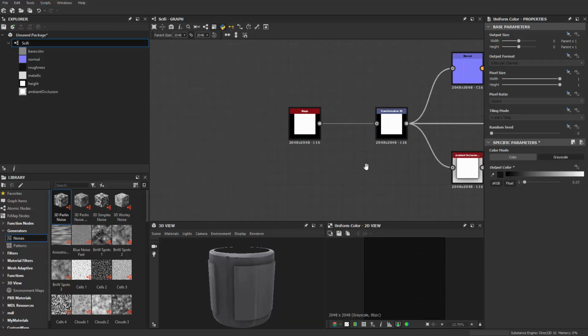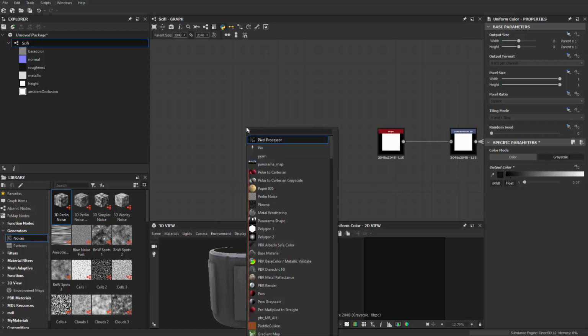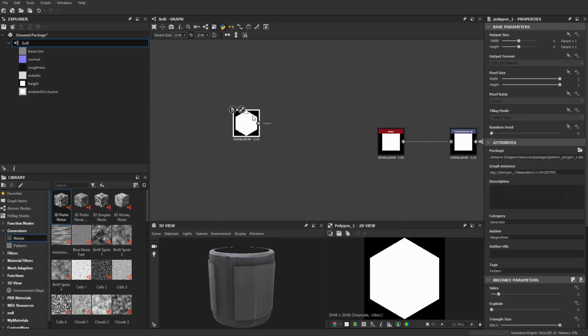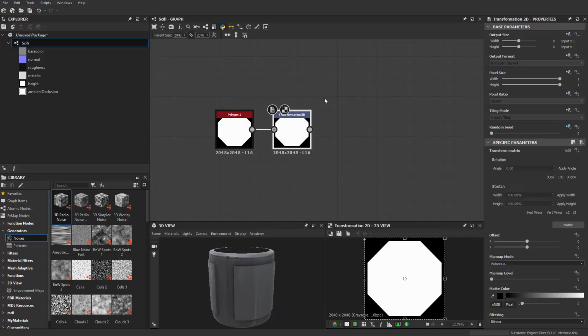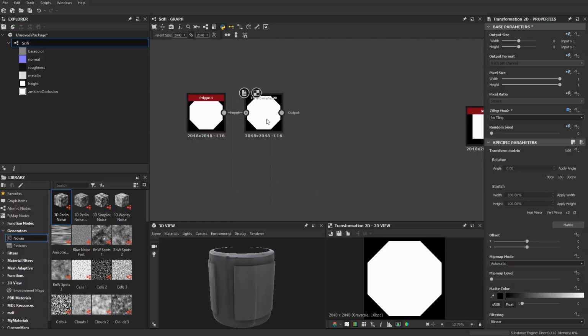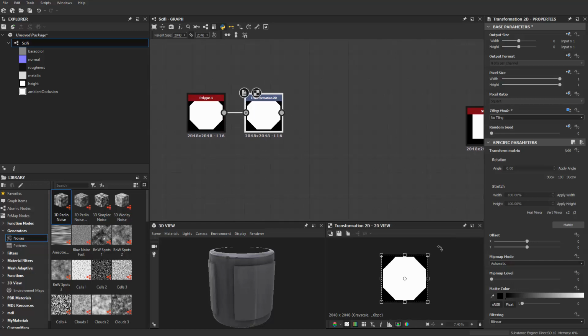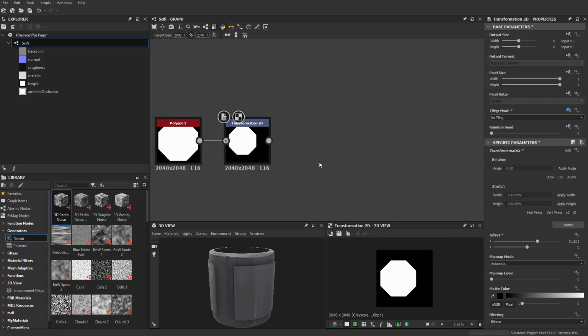Okay, cool. So then I want to start building my actual shapes. I'll start with a polygon right here, and the polygon will have 8 sides, and then I'm going to go for a transform. Okay, and then I'm going to change the transform tiling mode to absolutely no tiling, and then I'm going to shrink it down over here, holding down Control Shift, and drag it a little bit over to the side. Okay, now I'm going to use this